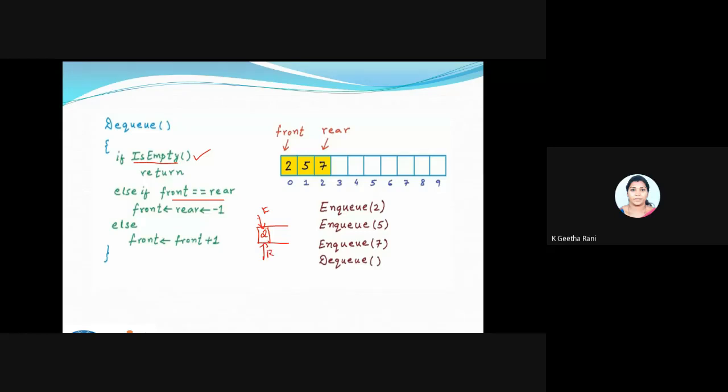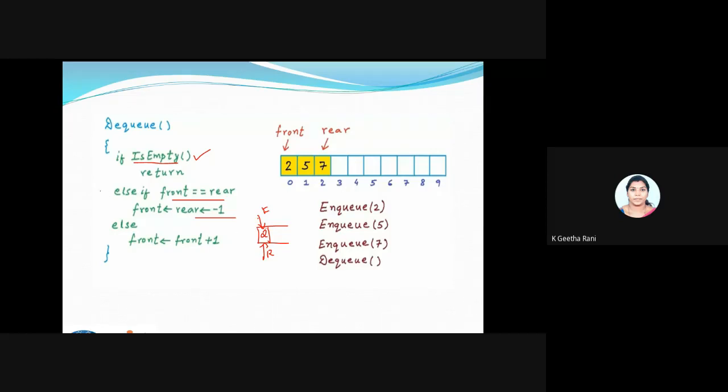At this particular point I need to dequeue it. So what I will do is make my front and rear -1. Now I'm deleting the value only using this initialization. I'm not doing anything else in this. When my front and rear are -1, I will say my queue is empty.